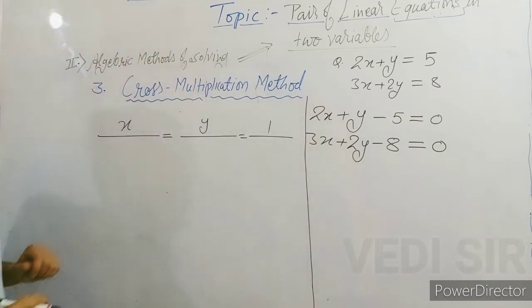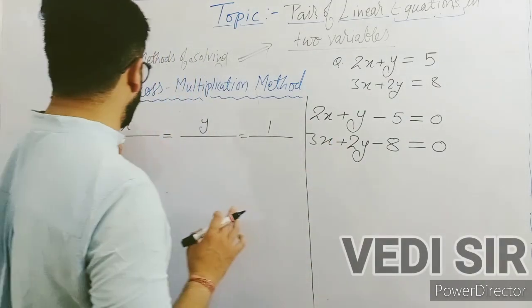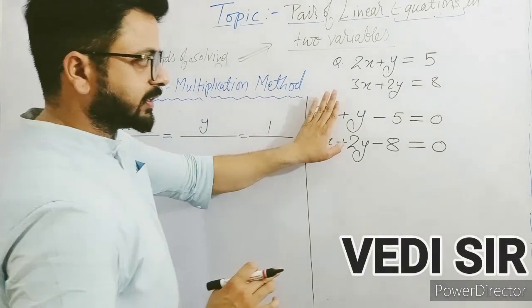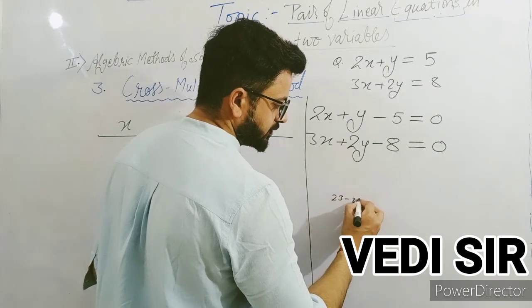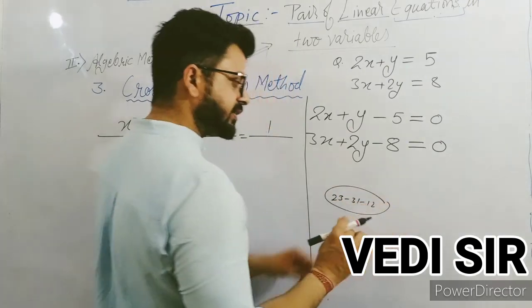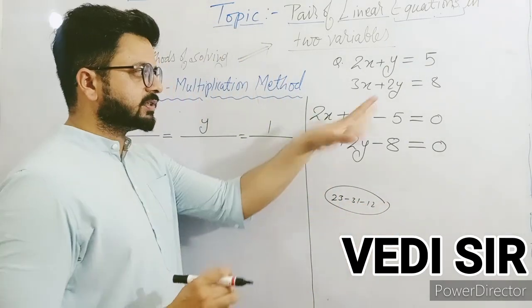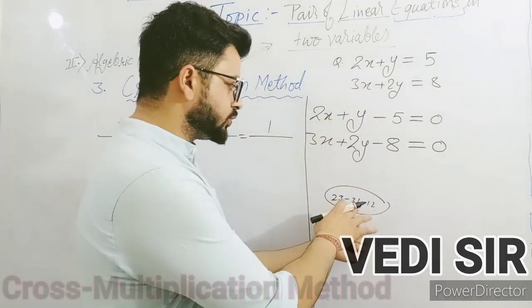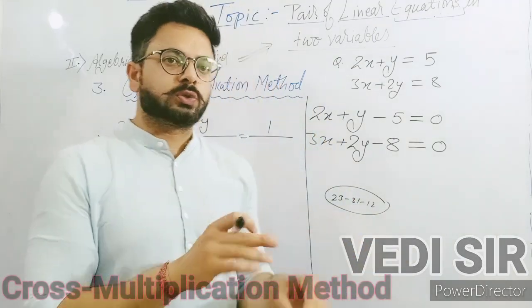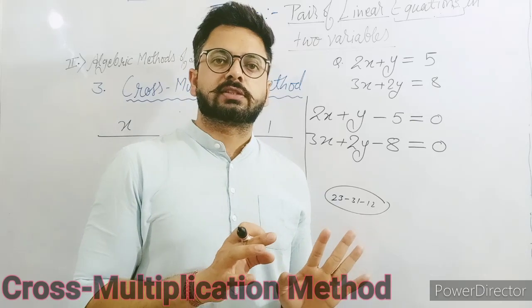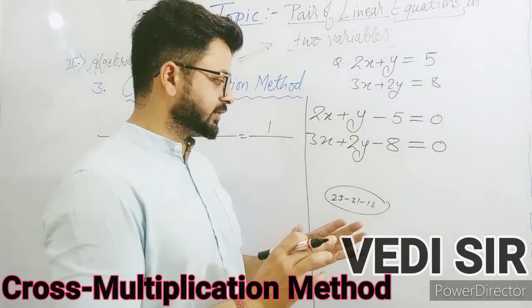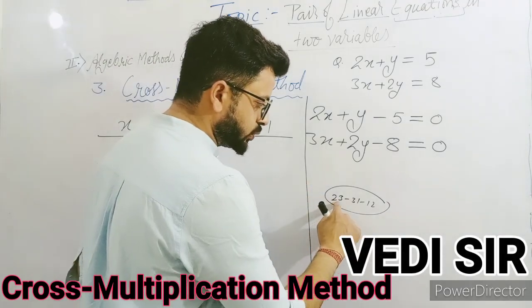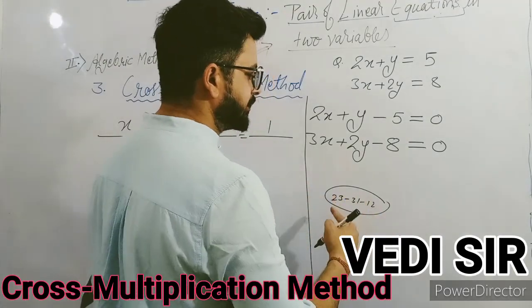See now what I told you, whenever we are calculating for x we will hide the x. Okay, you remember on this number. This is one tricky approach to remember this method, but no need to show it in the exam answer sheet or in your class notebook. You can use it as rough work. So what is the meaning of this 2 3 3 1 1 2? This I am telling you.